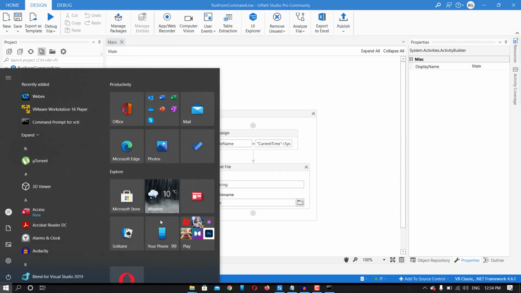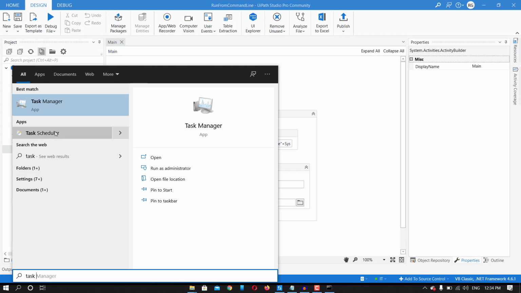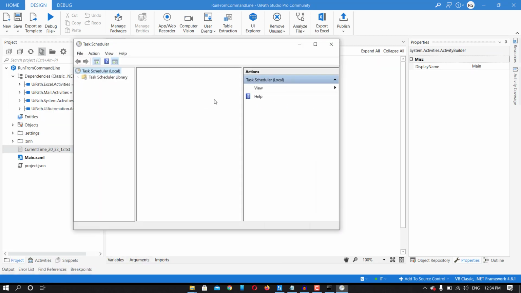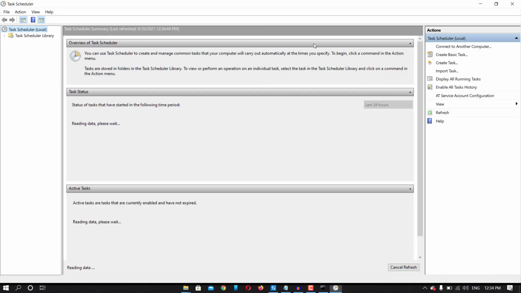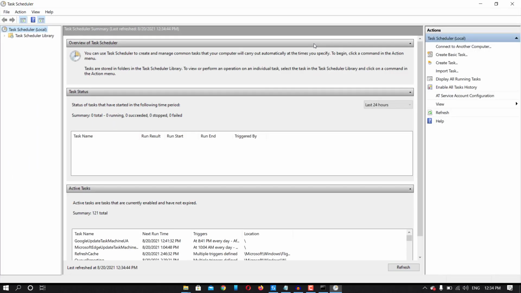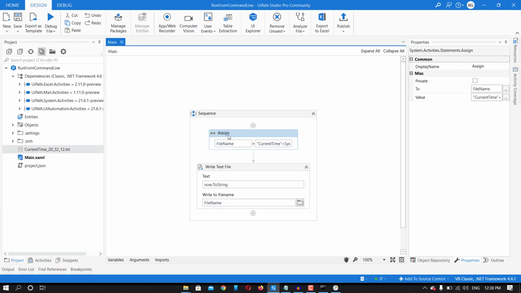Now we can go to Windows Task Scheduler, and from here we can schedule that. We can schedule it to run every day or every minute or as per our requirement. There are two kinds of scheduler here, create task and create basic task. As the name suggests, create basic task will give you some basic options, and create task will give you some advanced options. So in this way we can create our bat file to run the UiPath workflow or UiRobot from the command line, and using the Windows Task Scheduler we can schedule it as per our requirement.